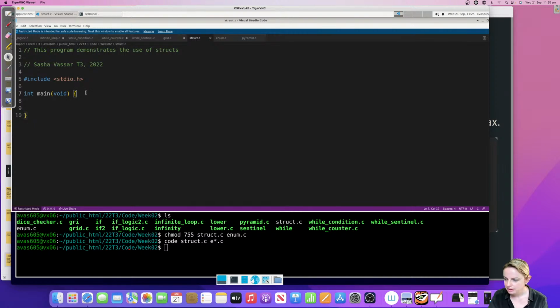Struct. Let's have a look at all the different things that we can have for a struct. Well, just one really. What should we do a struct of? What should we do as our struct definition? Thoughts, ideas? Tom's writing something on the board. Student. So boring. I'm sorry. Everyone does student all the time.